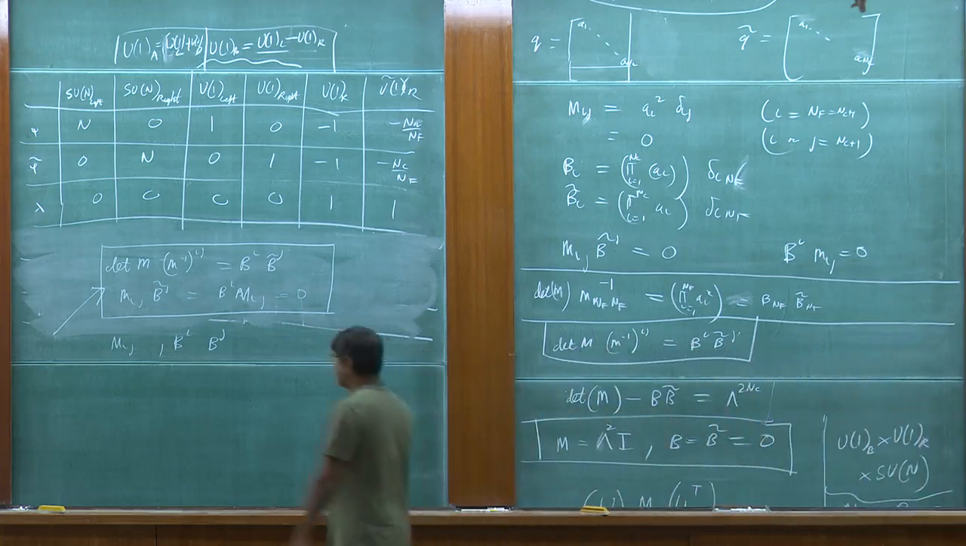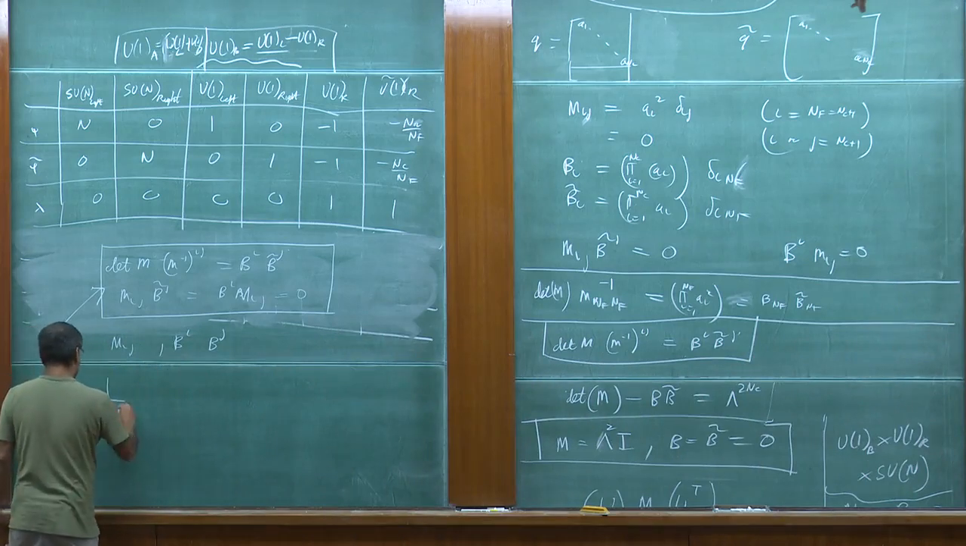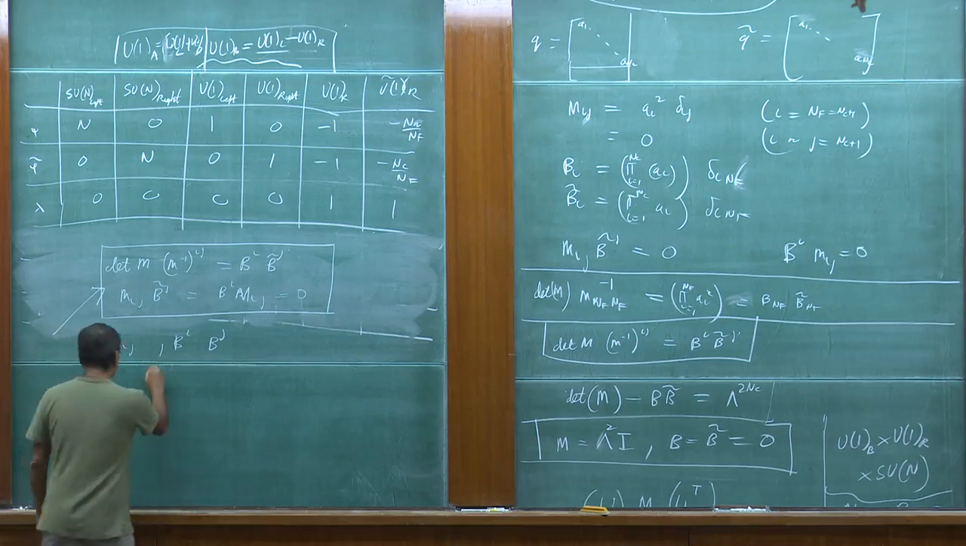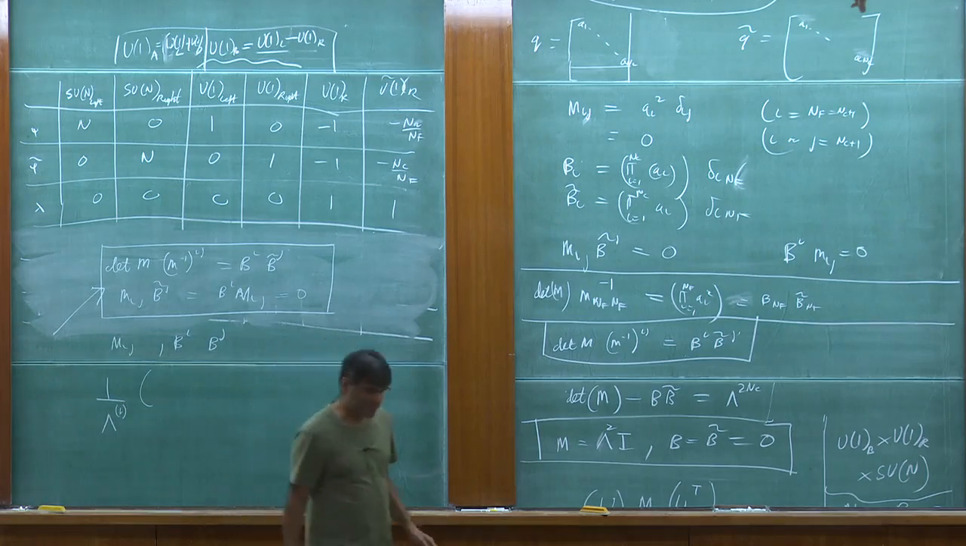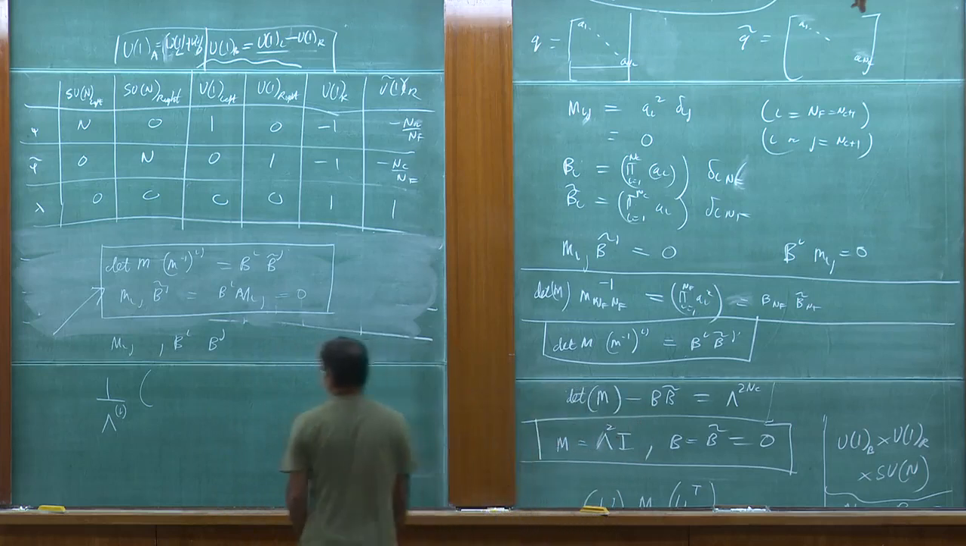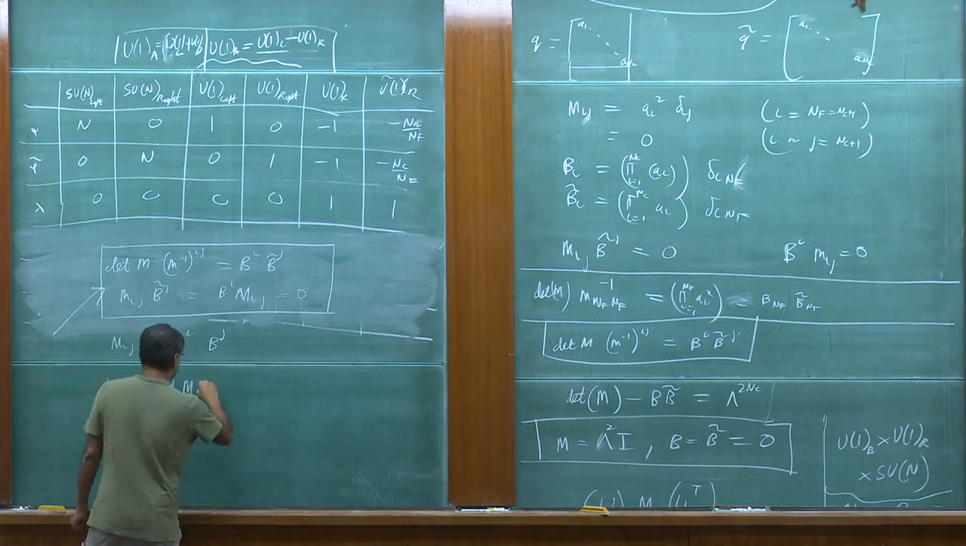But there is a superpotential for these fields. Okay? And that superpotential is 1 over lambda to the right power. We'll talk about what that power is. That superpotential is this, times det M, minus